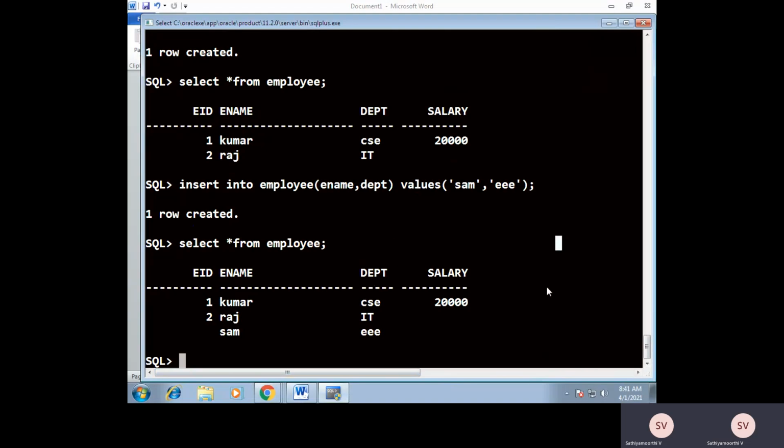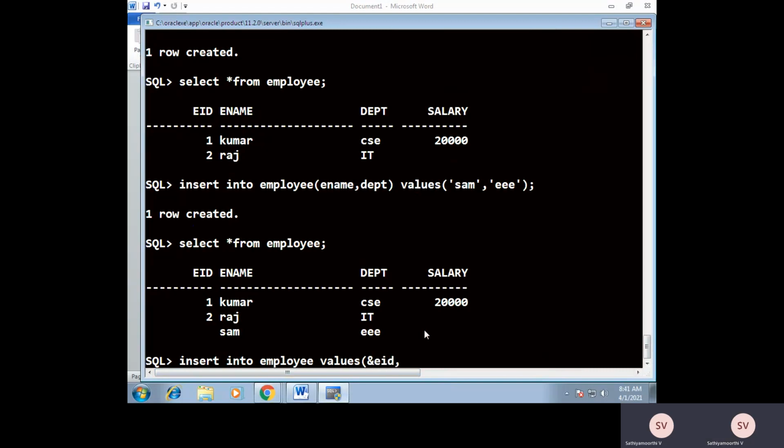Next we will check another type of insertion. You can follow this syntax: insert into table. What is the table name? Where I'm going to insert, that means employee. Employee table values. During runtime, it will insert values. So it will prompt you to enter a value for each field. So ampersand, if it is, what is the first attribute name?